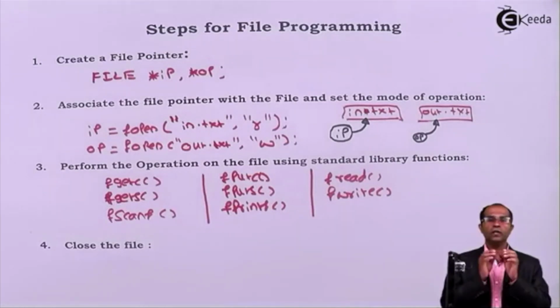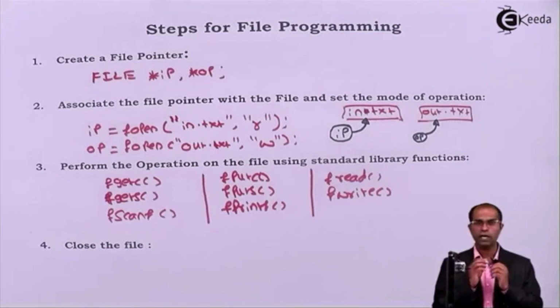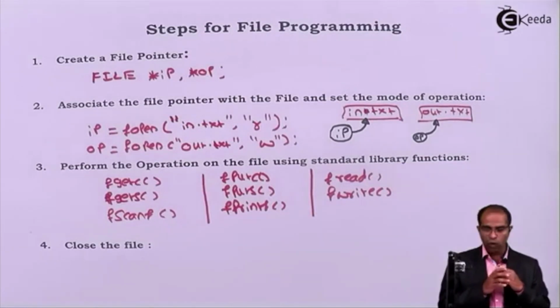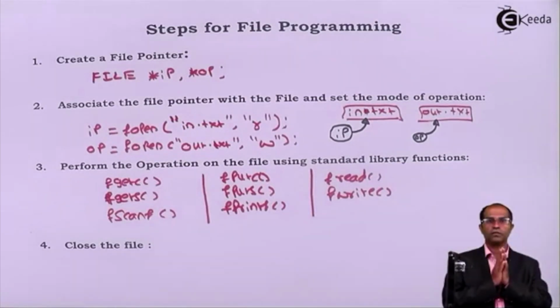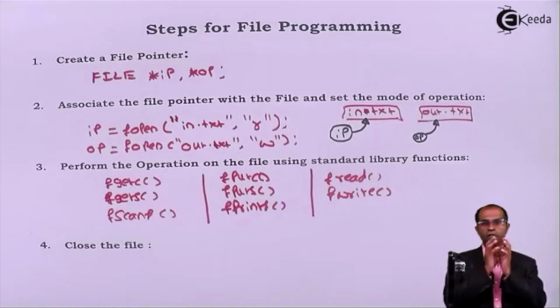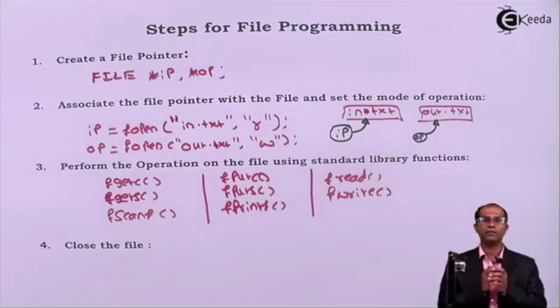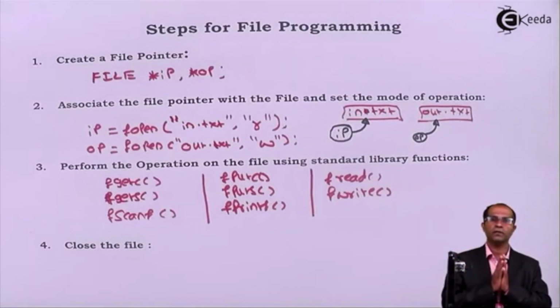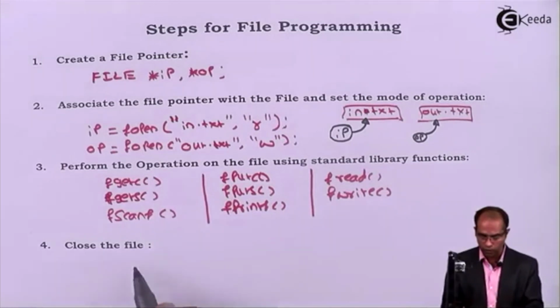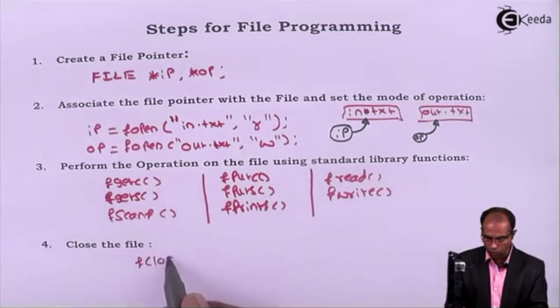So basically, when we want to do a read or write operation, we use these commands. Later on, we'll have a detailed description of all these functions. Now, once the file has been processed, we have recovered all the information which has been stored, or we have written sufficient contents from our program to a file, we've done all these activities on a file. The last step is to close these files. How to close the file? The function used for this task is fclose.